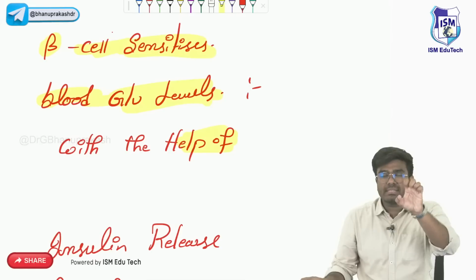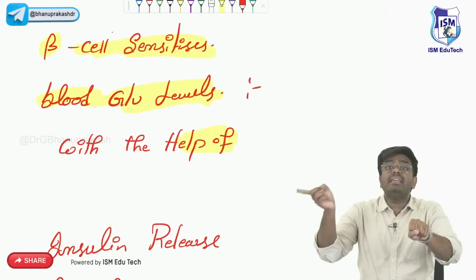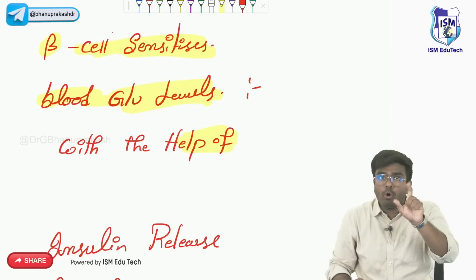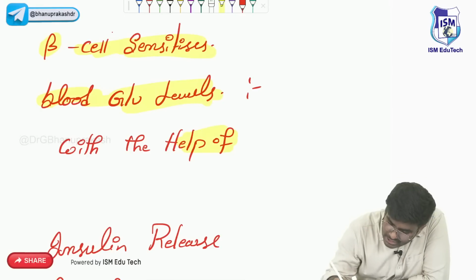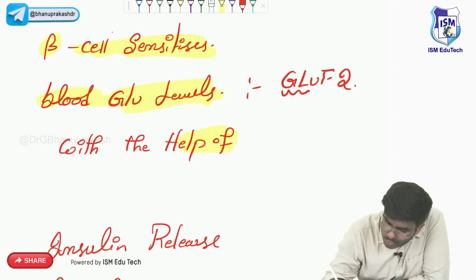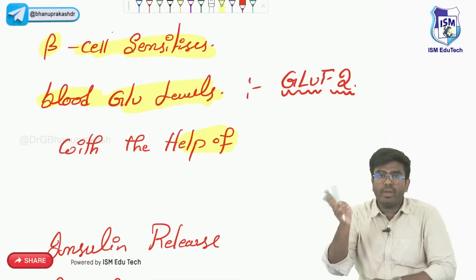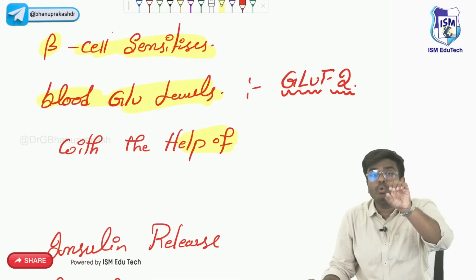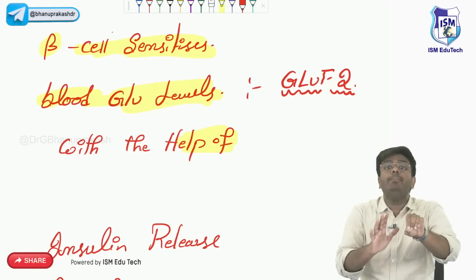How does the beta cell sense the blood glucose levels? On the beta cells there is a channel called GLUT2. GLUT2 is a two-way transporter. With the help of this GLUT2 transporter, all the time the beta cell,